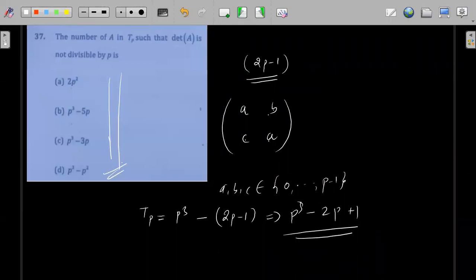Then we'll move forward. I've started with this one because we were left with this question only last time. Okay, so now we'll start with the previous year questions from the beginning. Just copy this one also. I think this option is not here. I think the question is not correct. The question must be something else. So if they are asking for the number of A such that the determinant of A is not divisible, then you can just